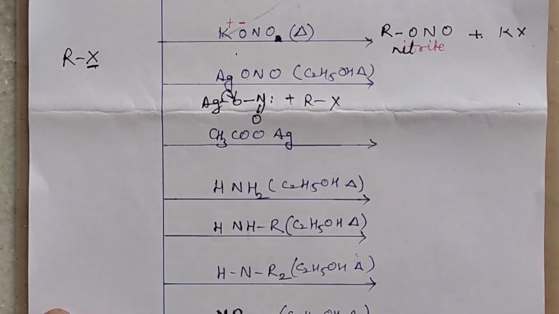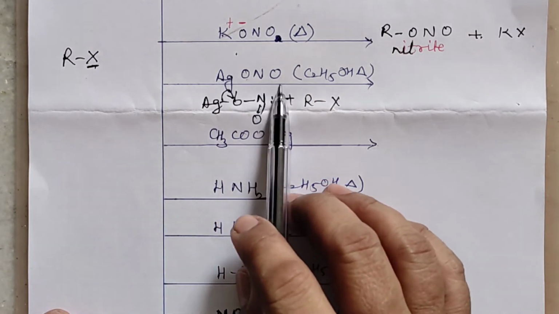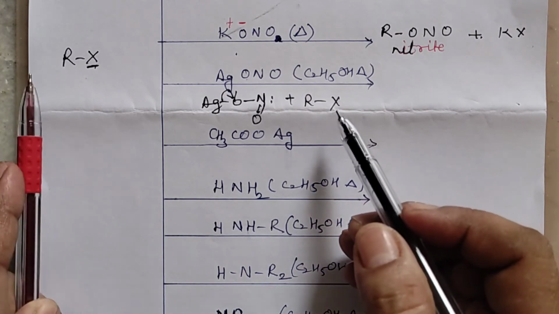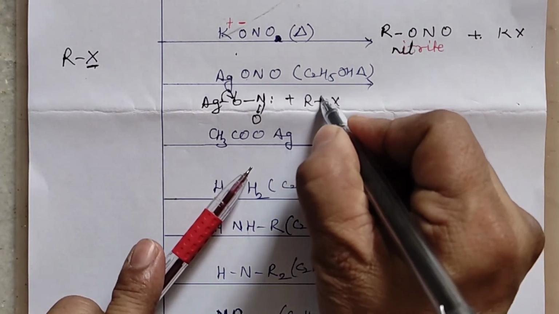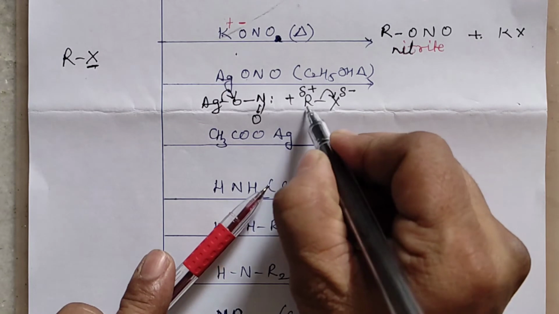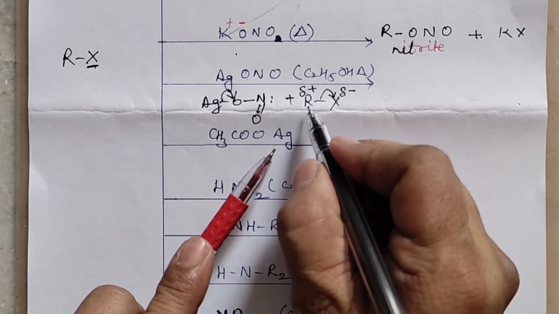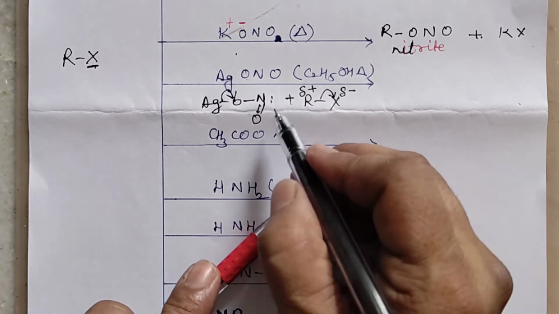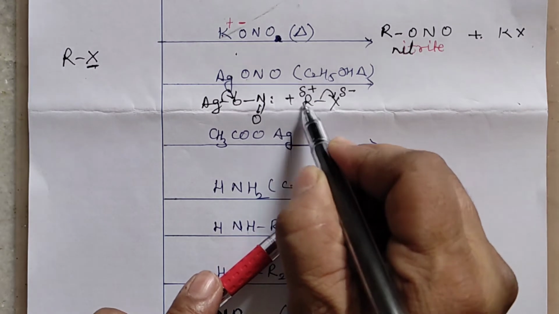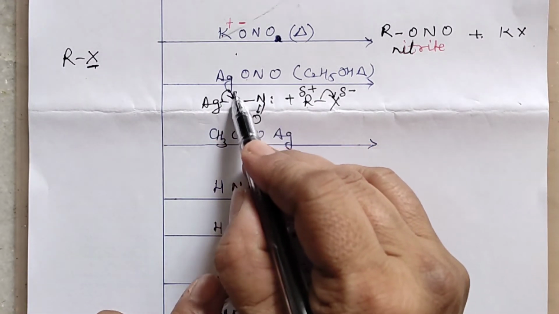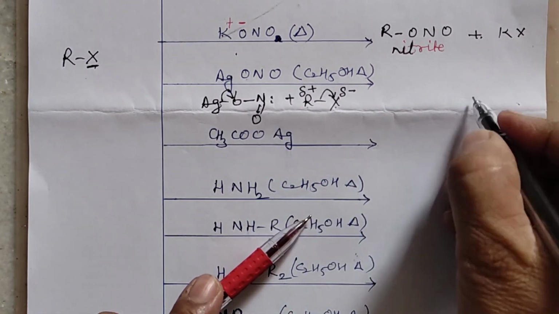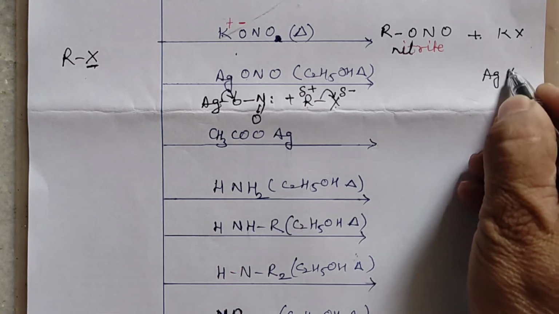And if you are using AgNO2 with ethanol, and heating is required, the same reason applies here. This is a covalent compound, it will not break up. So I just wrote RX, the alkyl halide. This is a polar bond. It moves this side, X gets a partial negative and R gets a partial positive. Since R got a partial positive, it will have a tendency to pull electrons from the neighboring group. So this lone pair of electrons is given to R and it gets linked to R, and this electron pair is also pulled towards this side to complete the deficiency, and Ag and X will form a bond. That means you'll be getting AgX.